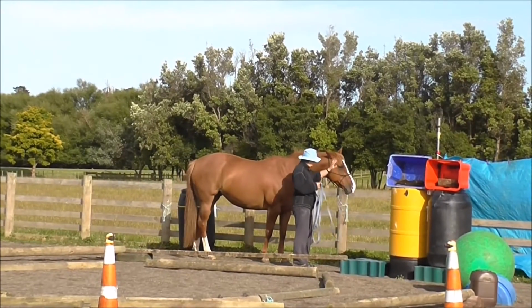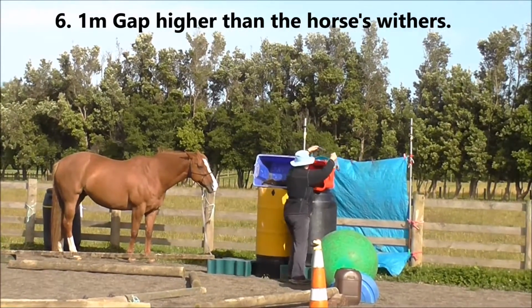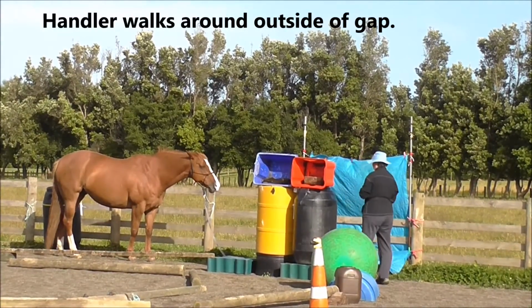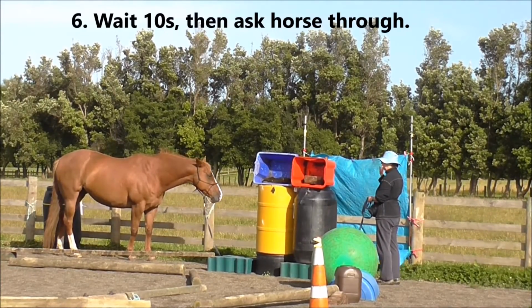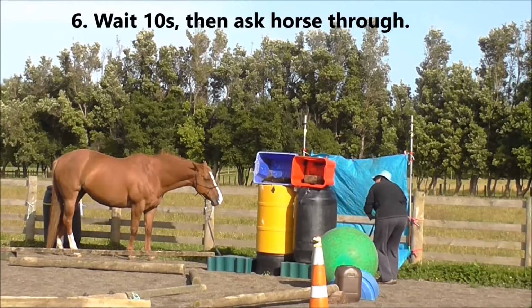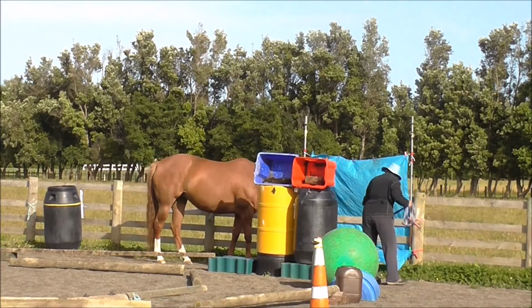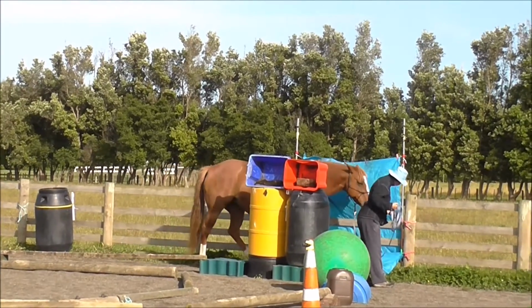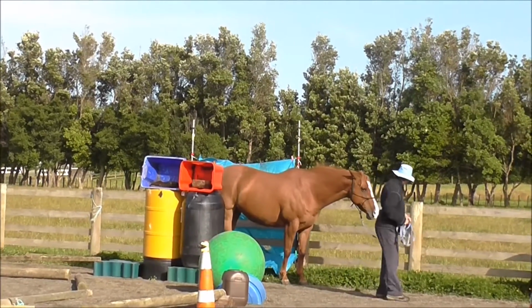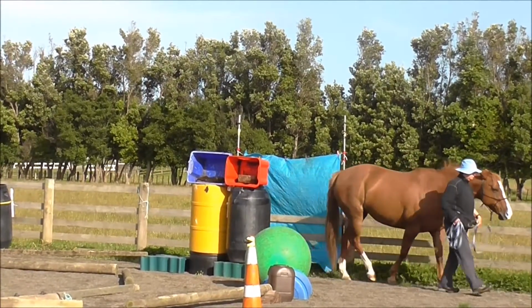And that lines us up for the next obstacle, which is a 1 meter gap higher than the horse's withers. The handler walks around the outside of the gap. I'm in leading position 7 facing the horse, and the horse has to wait for 10 seconds, and then I can ask her through. And I think she's almost gone to sleep there waiting, and then she has a little nuzzle on the grass there as she decides to come on through after all. And we lost 1 mark there for the unsolicited halt coming through the gap,